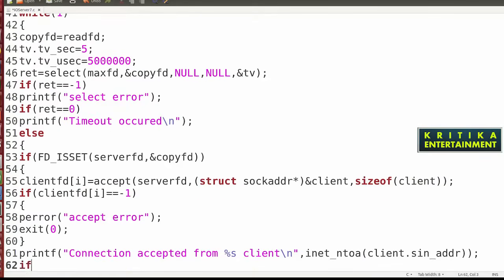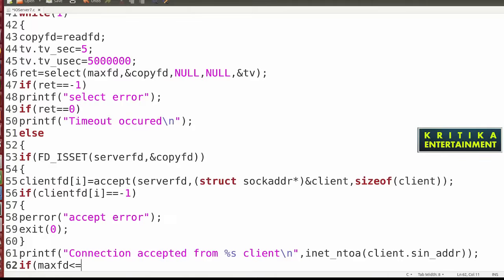Now if max fd is less than or equal to client fd i. I have told you, the main purpose is to get the max fd. Whatever client connections come from the client side, we add plus 1 to get the maximum fd, which will be passed to the select function.